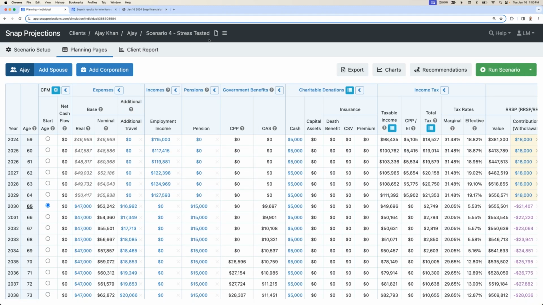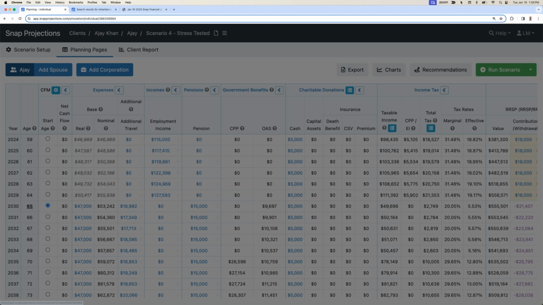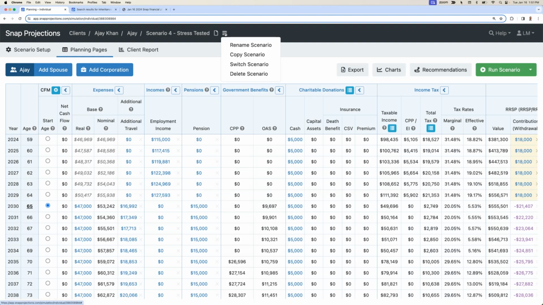Awesome. So what I just did was copy the scenario. You can copy the scenario by clicking on the scenario menu and then hitting copy. There was also a question about renaming. You can do that either by clicking on the name itself as a hyperlink, or within the menu, you can click rename scenario. So I've copied and then I've renamed so that I have both my recommended scenario and now I'm going to have a stress tested scenario.